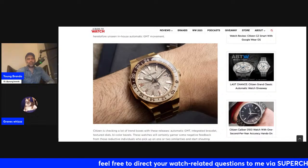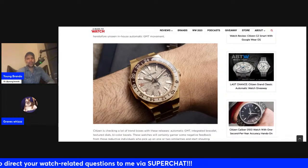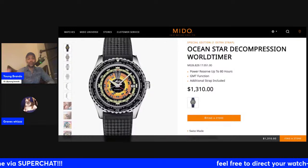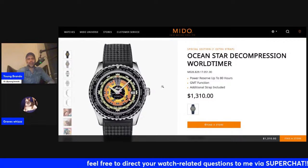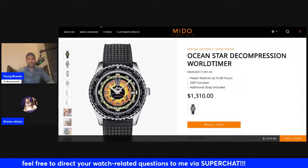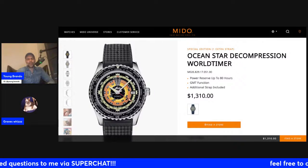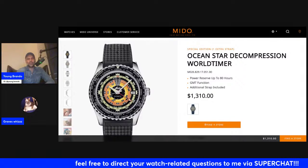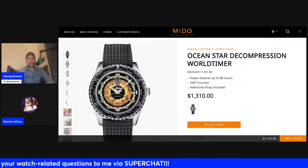Yeah, when it comes to me, among these three watches that I showed, and there are of course more examples and options that others should feel free to bring up in the chat, this is my choice, basically. The Ocean Star Decompression World Timer. I like it in both colors. The black is not necessarily muted, so I don't know, you might as well just lean into it and get the blue, which has that sort of